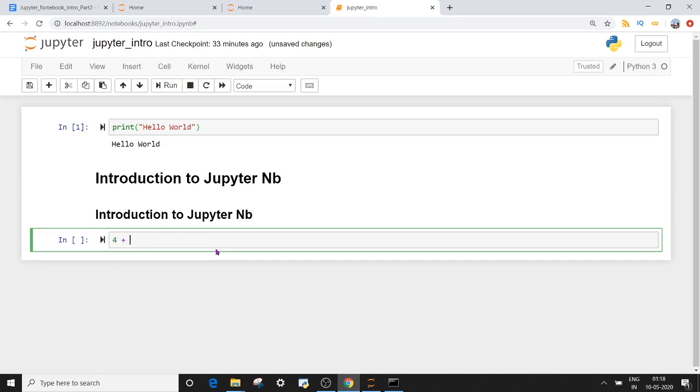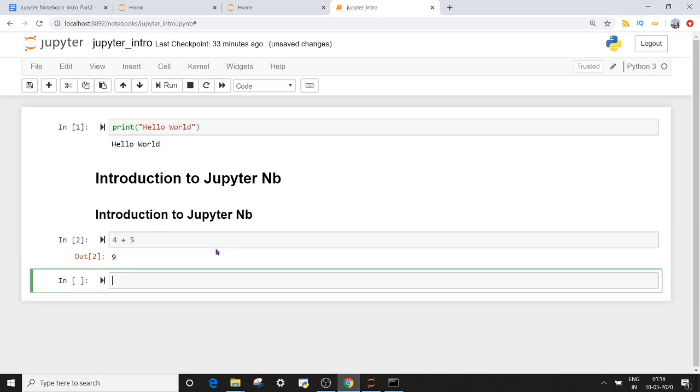So let's say I want to add two numbers. This is the way I can add two numbers in Python, right? You're still in edit mode. But if I click somewhere in this area like this, you can see the color of border is changed to blue now, right? So this green color is my edit mode, and when the color changes, it is known as command mode, right? So what is the use of command mode?